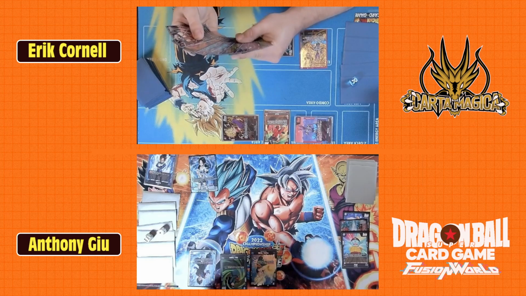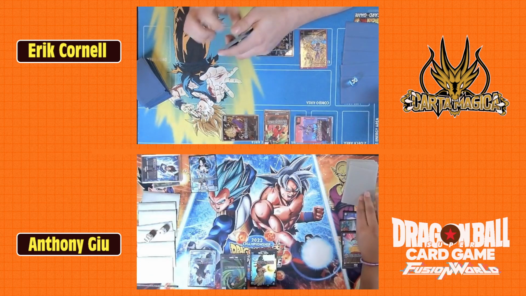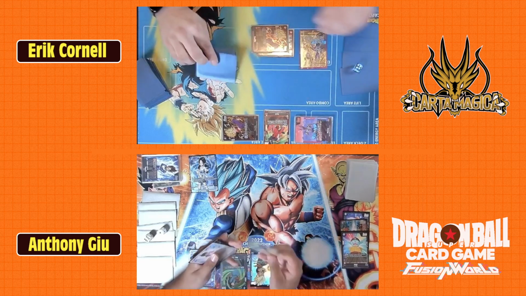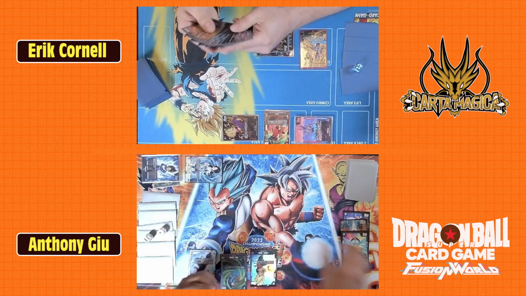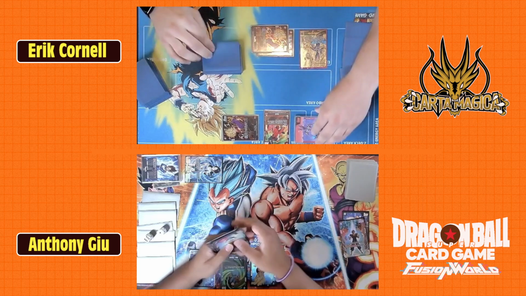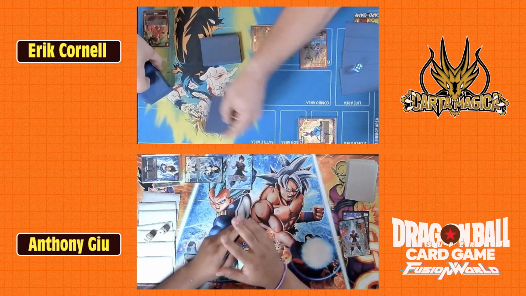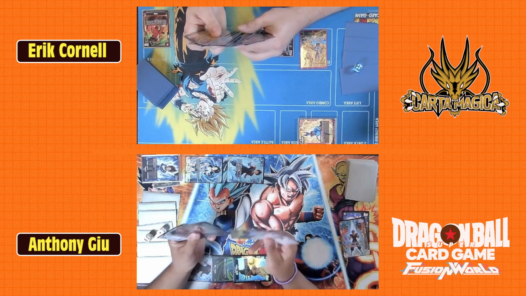So we see Erik here on a little bit of Tournament of Power shenanigans, seeing that Caulifla Super Saiyan card there, and then using the Bergamo, I believe it is, to search out the Tournament of Power stuff. So this is gonna be a swing here with the Videl getting back the Peel Off, and man, I wonder how many times I'm gonna have to say Peel Off this game because it's gonna be coming back and back and back. And here we see Vegito coming down, being able to bottom deck that Caulifla, and then the Vegeta is gonna come in with a 25k swing